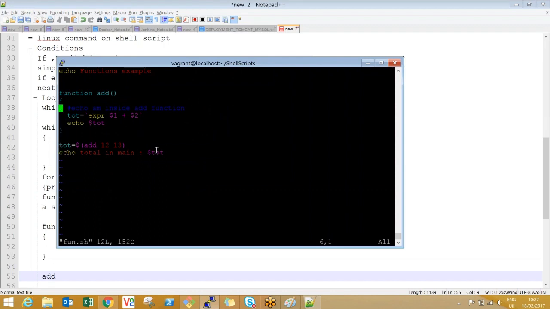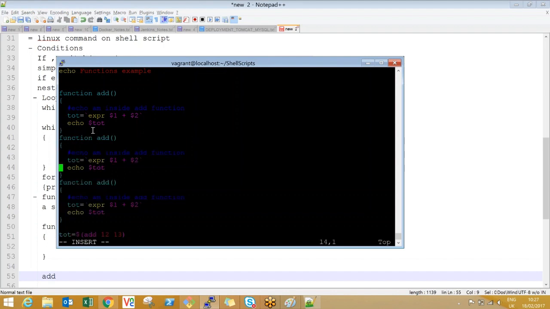Okay. Now I'll extend this program a bit more, guys. I'll write multiple functions: subtraction, multiplication.